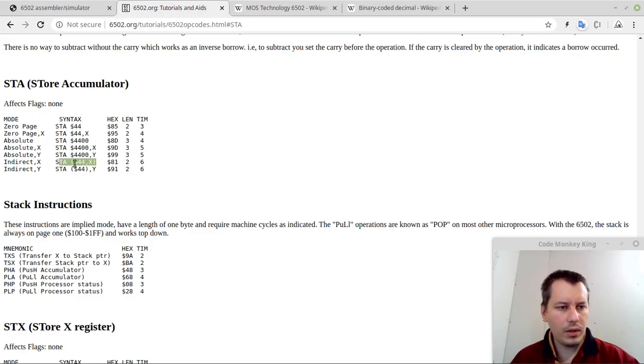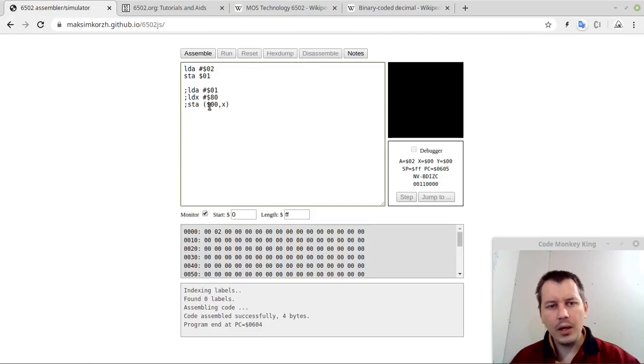So here, indirect addressing mode using X as the offset, and here indirect addressing mode using Y as an offset, okay? So it points to the very first memory location, and it would use these 2 bytes to initialize the indirect address, and then it would add the offset of X. So like this,